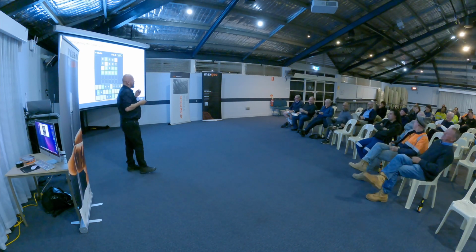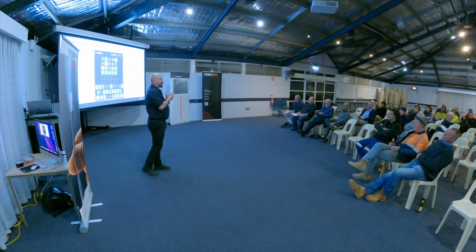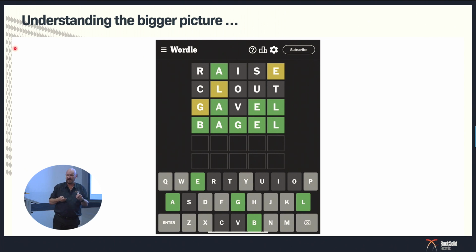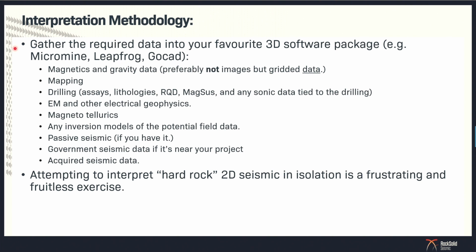So the point of doing this is that you don't start doing interpretation with just one set of data. Like if I just had one letter up there, there's no chance of me getting the right thing next. So gather as much information as you can, and then start your interpretation with that. So the type of things that I'm talking about are magnetics and gravity. They're the most appropriate things that we're going to use for a seismic interpretation because they're about the right sort